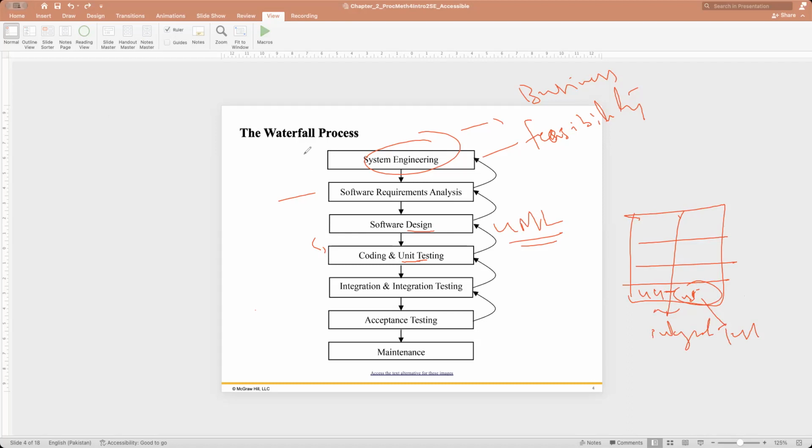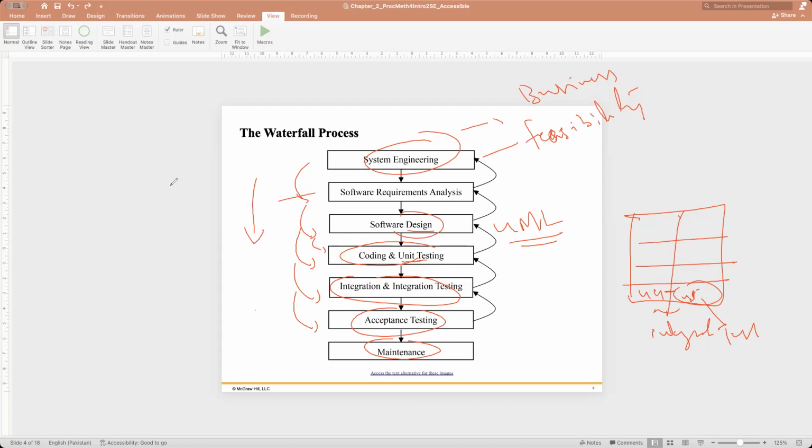If you see the waterfall, it gives us step-by-step steps, following from one to another. As we discussed, requirement engineering comes first. Once we have the requirements collected, then only can we make the design. Then we can develop the code, then go for the integration, then the testing, and then the maintenance. So this goes up and down, and this may have some problems.